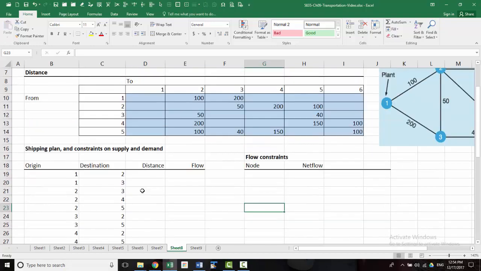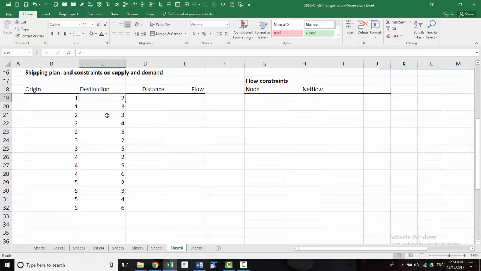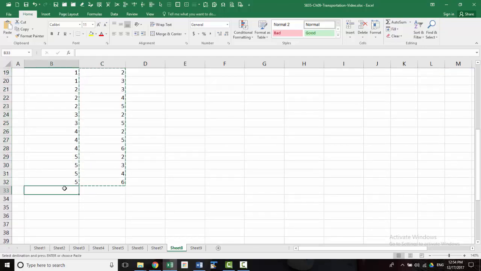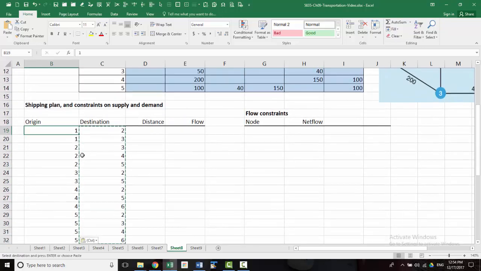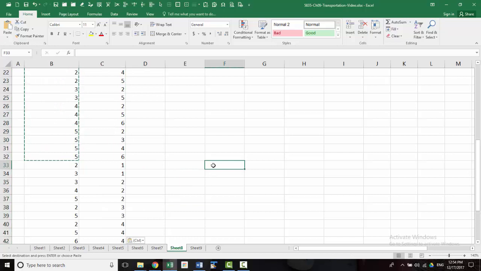Next we have to set up origin and destination the other way around. If you can go from 2 to 3, then you can also go from 3 to 2. So that must be set up. The easiest way to do this is to take all the destinations and make them origins, and make all the origins destinations. That way both directions are covered, except that remember